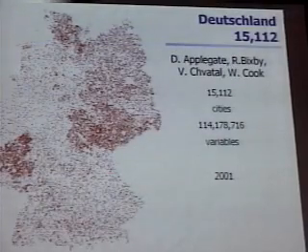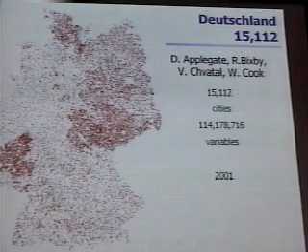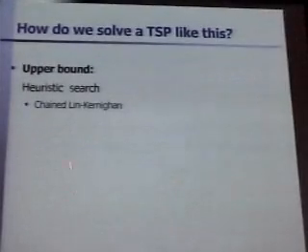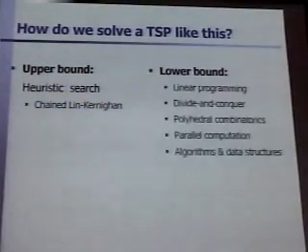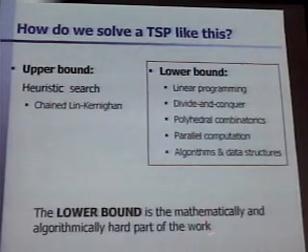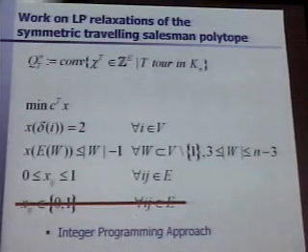Here is Germany. 1,500 towns we have, 15,000 towns. And if you look at this as a traveling salesman problem, you have 115 million variables, integer program. How to solve a problem like that? So that's the issue. And you do an upper bound, you run a Lin-Kernighan heuristic, you do a lower bound with the machinery that I just explained to you roughly. And the hard part is the lower bound. And now the hard part exactly works like this.